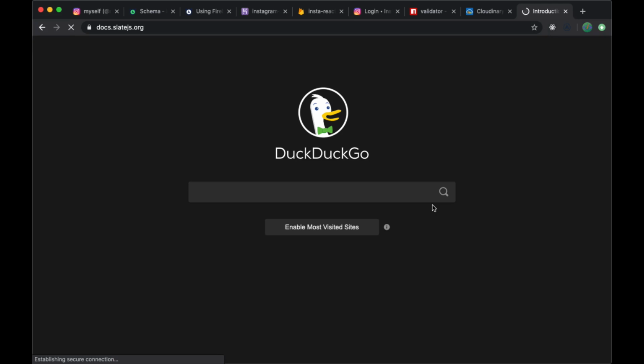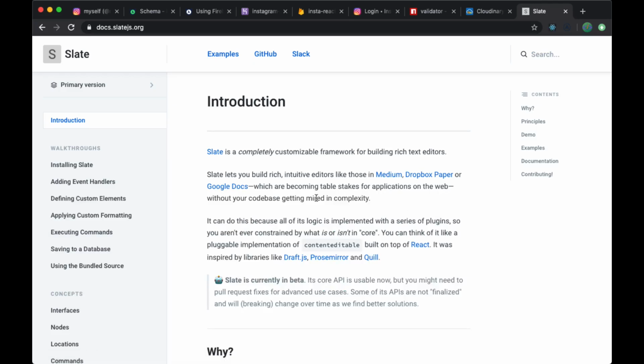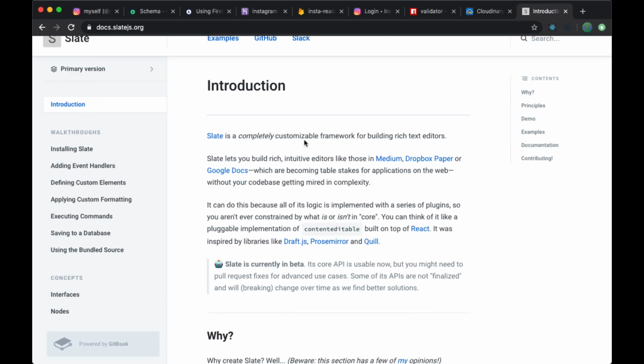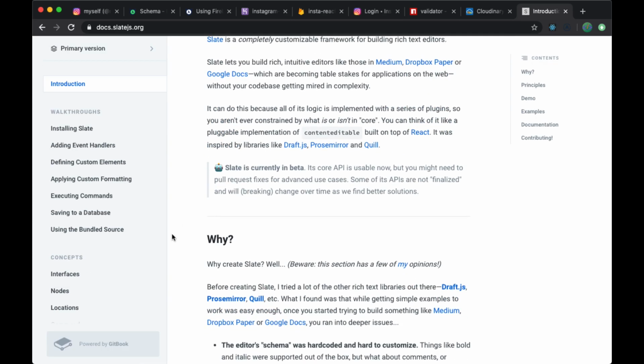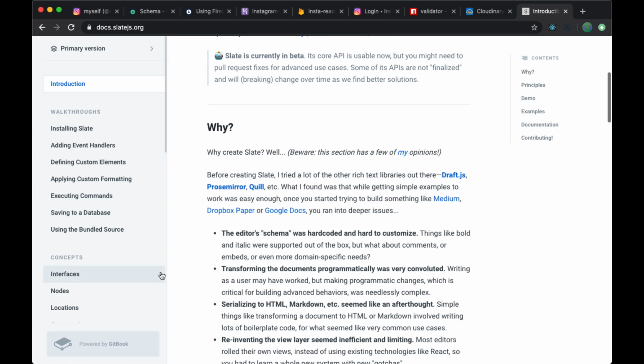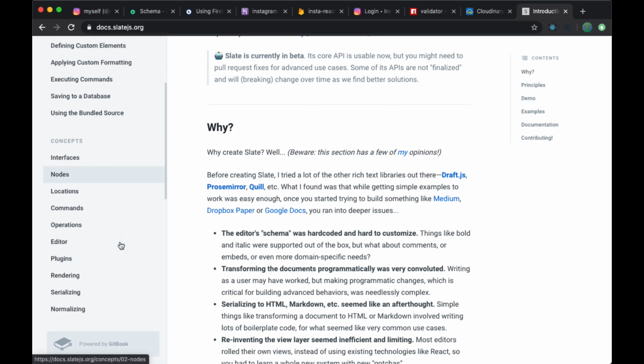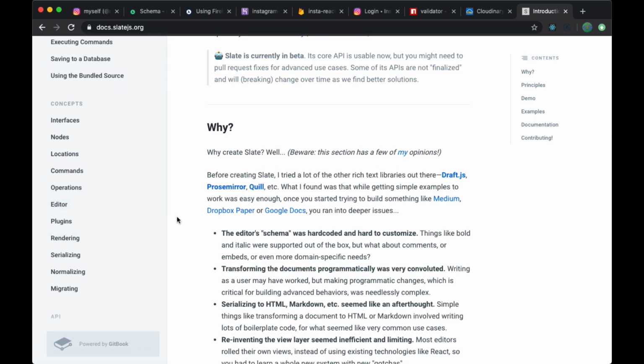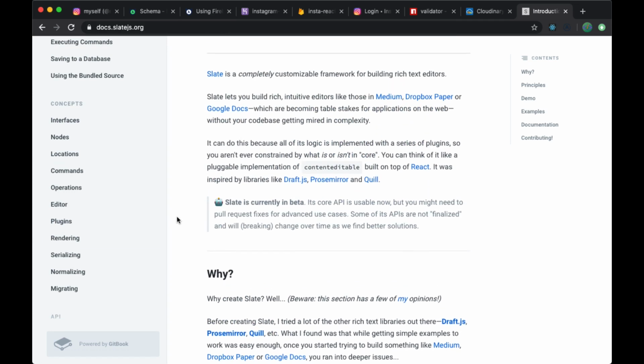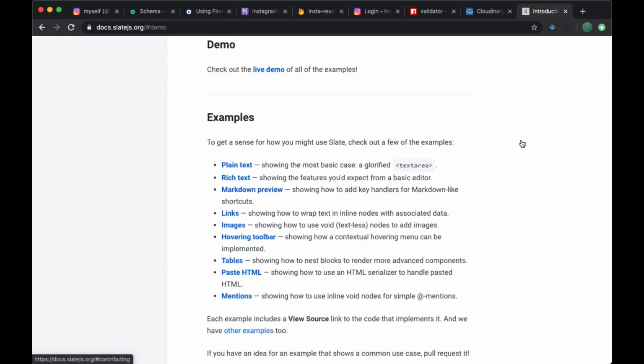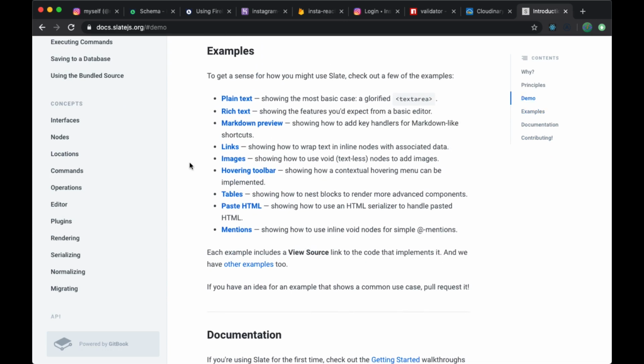And fortunately, there is a great library in the NPM package Slate.js, and as you can see here, it's a completely customizable framework for building rich text editors. Our needs are going to be pretty simple here, but really it provides everything that you might want for a rich text editor. And fortunately, it comes with a lot of examples. Before we start building out the dialog, we're going to take a look at just a simple demo of how to use Slate for plain text